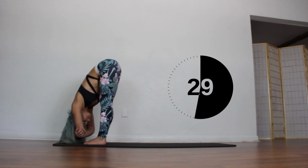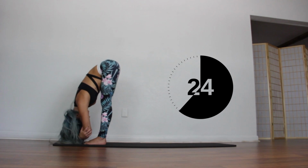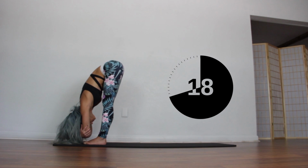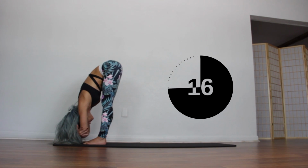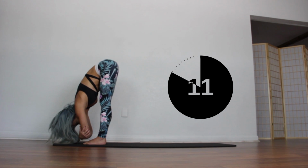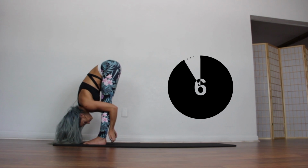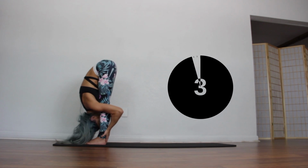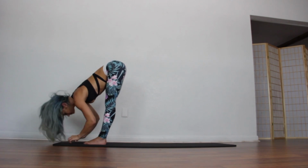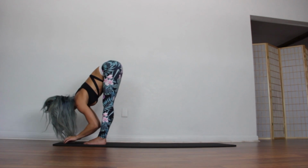Go ahead and rock side to side. Really just relaxing into this stretch. If you feel up for it, you can reach behind your ankles and just pull your body into your legs. And release, and halfway lift, come back down,